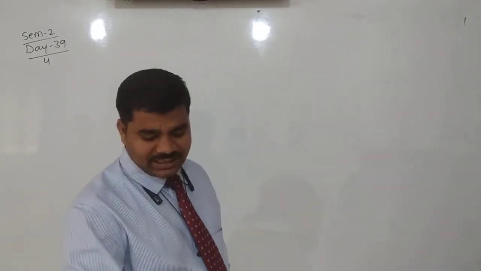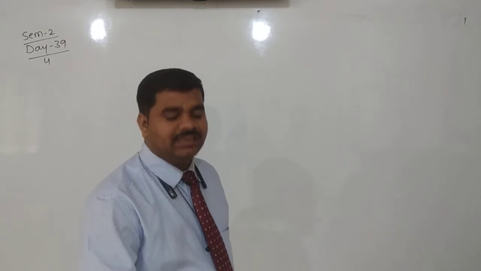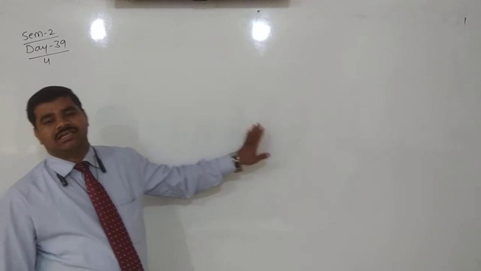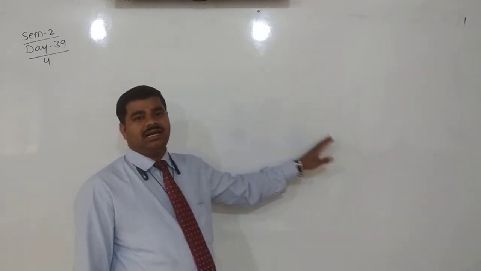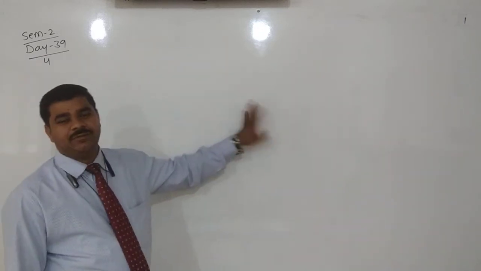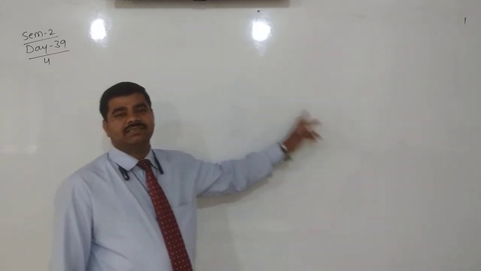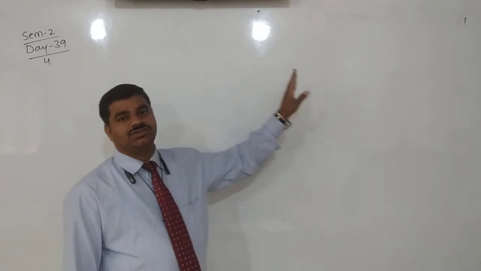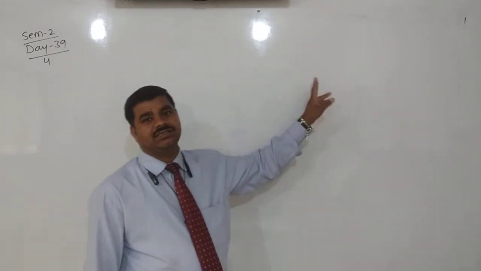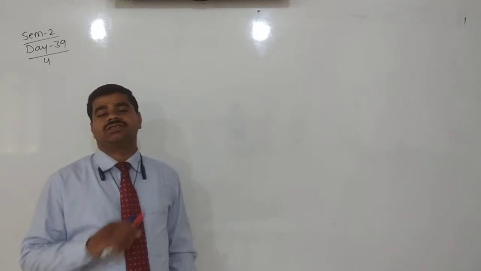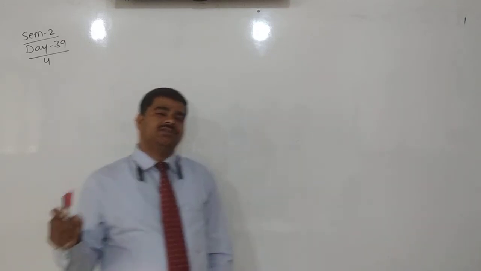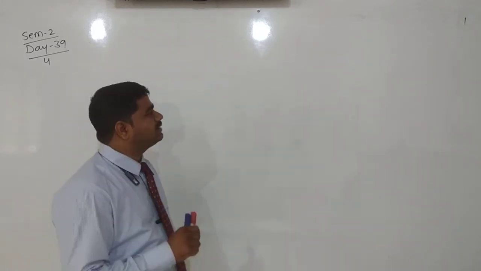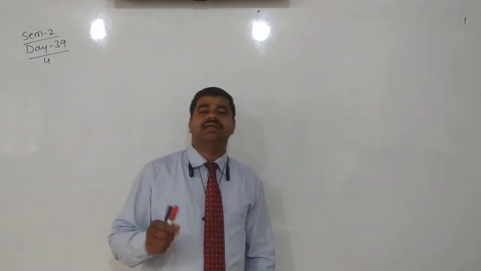Yes, in the previous class we were discussing circles. Yes or no? In those circles we learned about the center of a circle, the radius, and the diameter. Diameter is 2 times the radius. And again, a chord of a circle. A chord means the line joining any 2 points on the circle. The longest chord is what? The longest chord is the diameter. Yes or no? These are what we learned in the previous class.